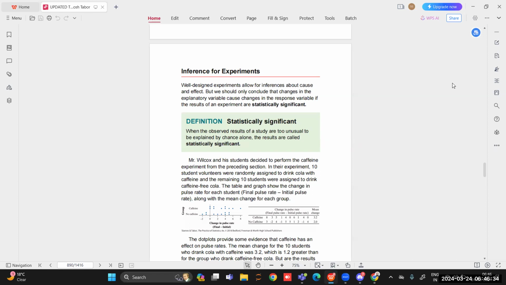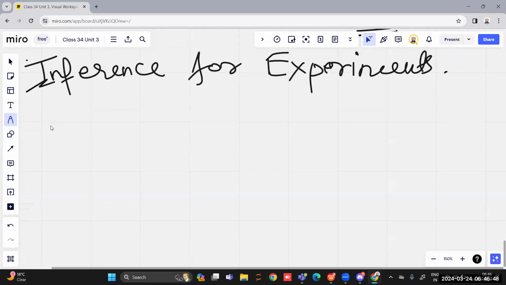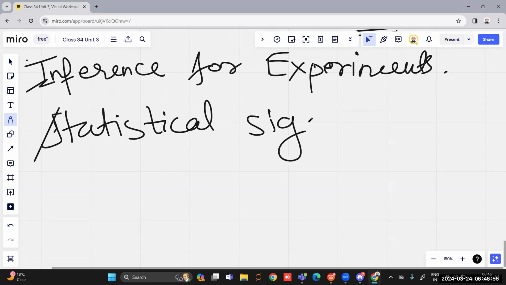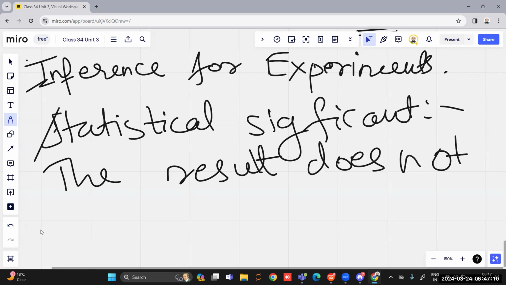So what is statistically significant? When observed results of a study are too unusual to be explained by chance alone, the results are called statistically significant. He has given this definition in 2C, inference for experiment. Statistical significance means the results are not based on chance. The result does not depend on chance, meaning what? Does not depend on probability,